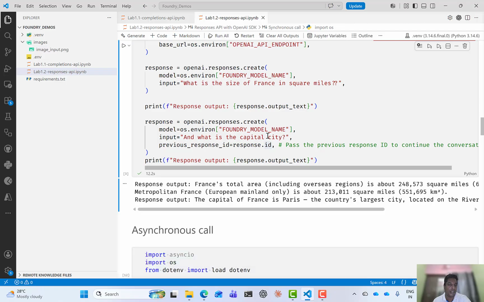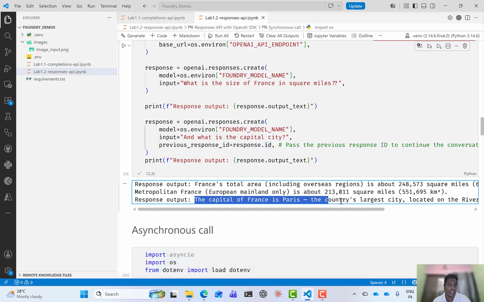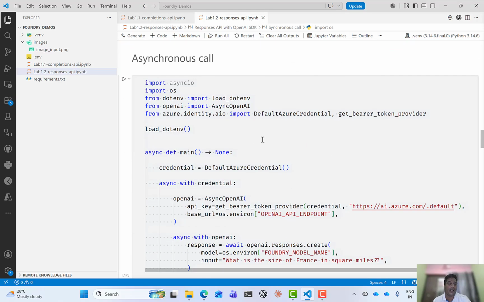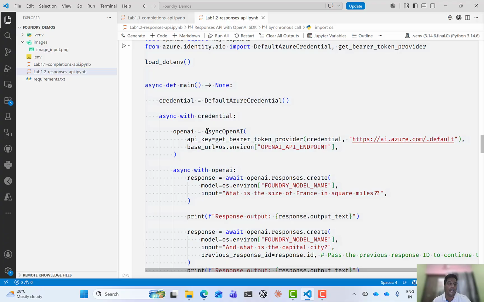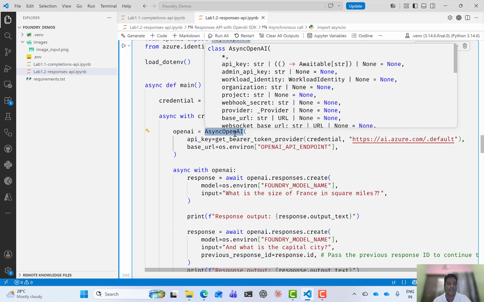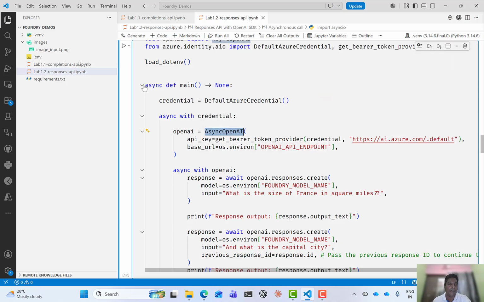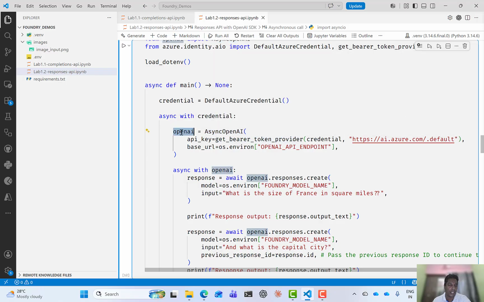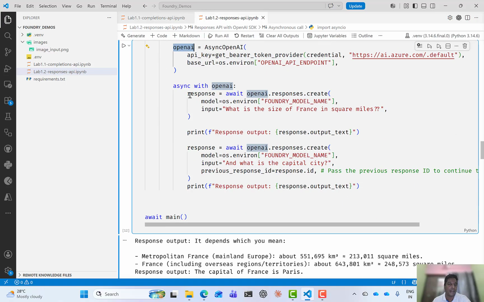So first response, and we also got the second response. Same thing can be executed in asynchronous method as well. Like the chat completions example, here we have to create the instance of the async OpenAI instead of just OpenAI. So we have the main method. Inside the main method, we are creating the asynchronous instance of this OpenAI, and we are making the request